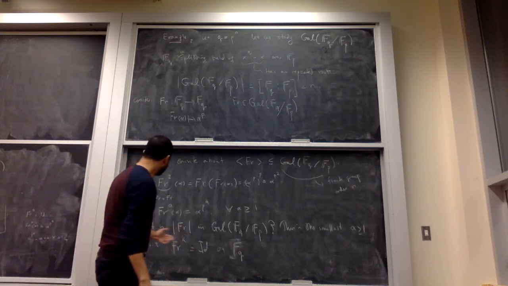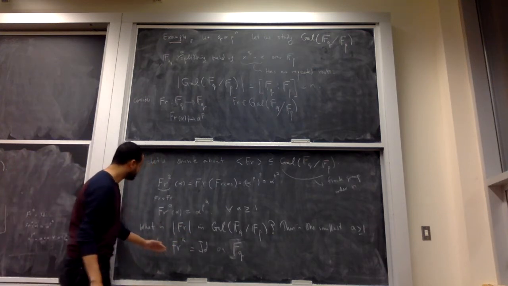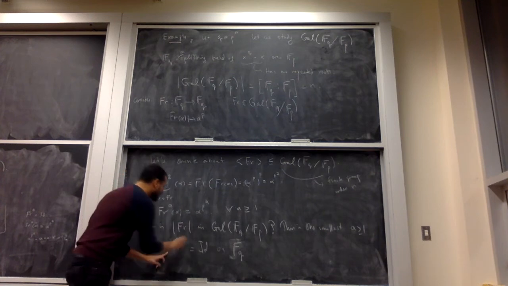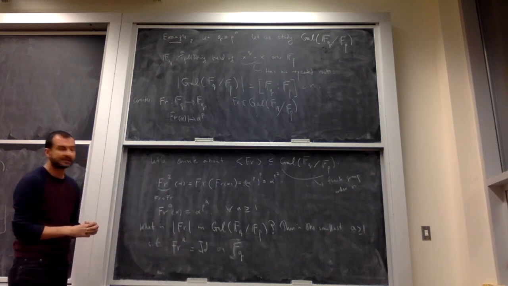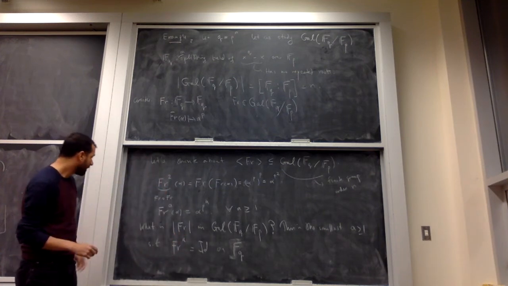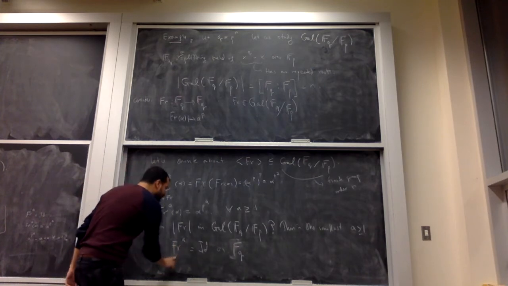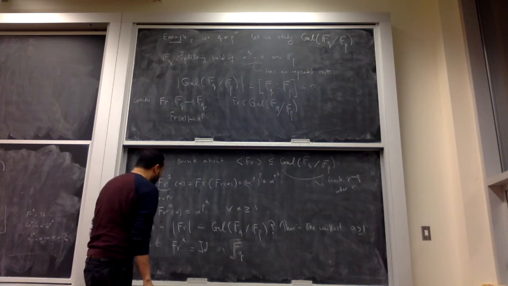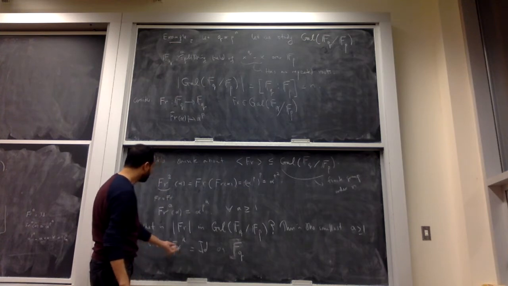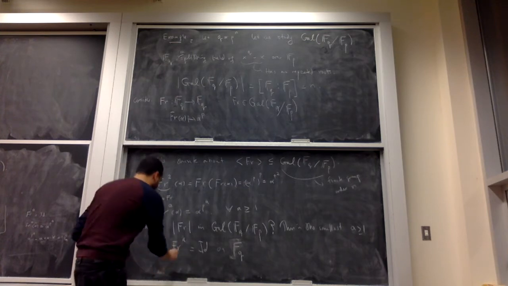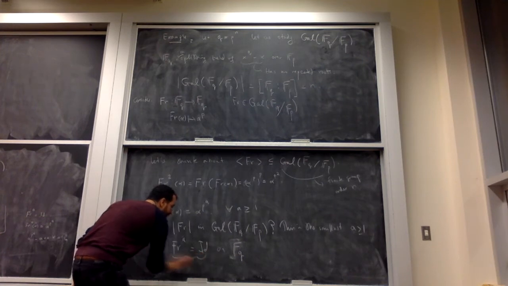So the order of Frobenius is the smallest a such that Frobenius to the power of a is identity. Okay, so now let's see. What does it mean for Frobenius to the power of a to be identity? Well, this means